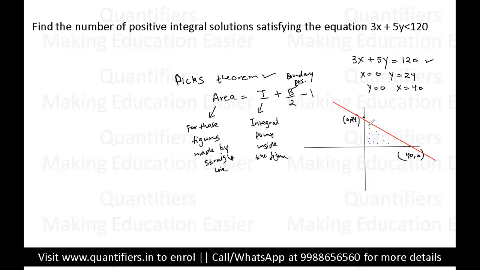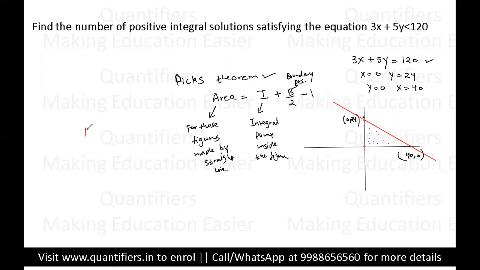So students, from here you can see we can find the area of this triangle, because this length from here till here is 24 units, right? I'll write here this is of 24 units. And similarly, from this point till this point, the length is 40 units. So students, एक length है 24, एक length है 40. So from here we can find the area of the triangle.